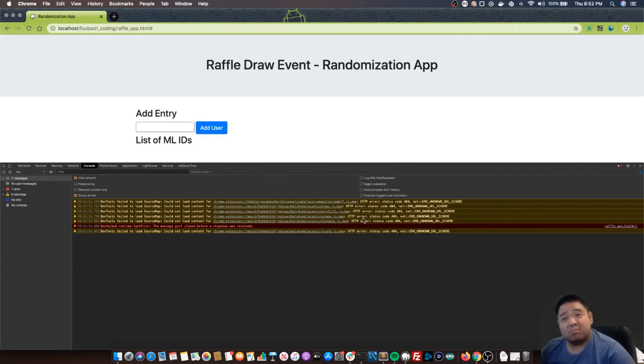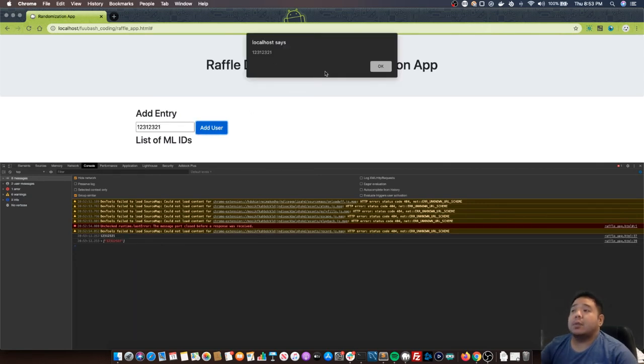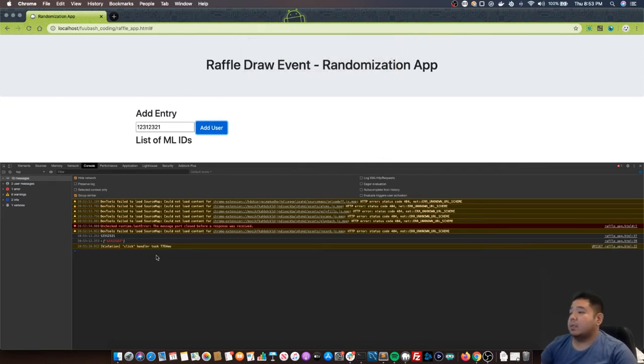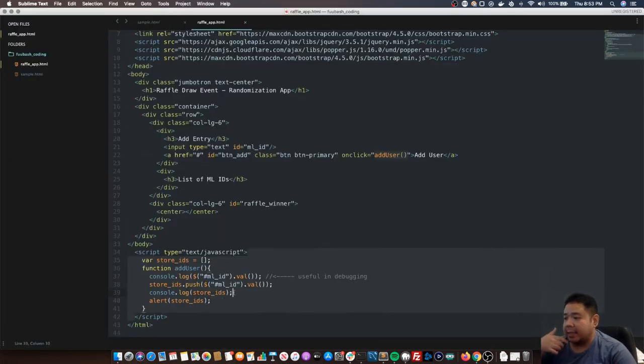You know when you go to not-so-good sites, you see pop-ups that say you have to click now, install this, install that, and stuff like that. So we have that, and let's say we add a user. Ayun, it alerts, localhost says you need to add this and that. Okay, that's how it is. And then if you can see, there are arrays. Next we're going to show this data in our interface. It's very easy, guys. What we're going to do next is show data in